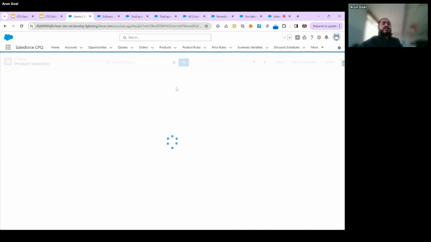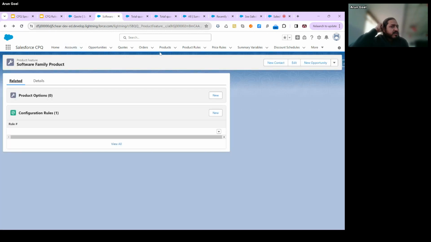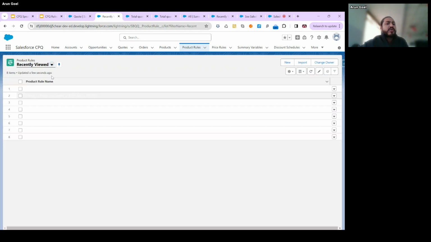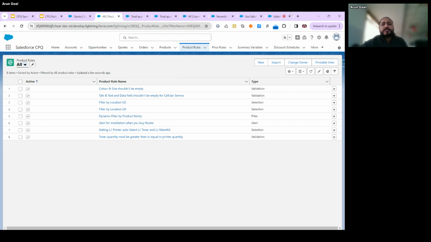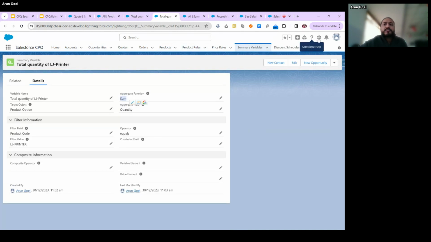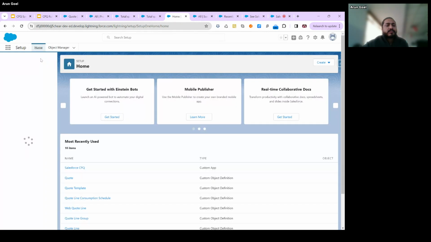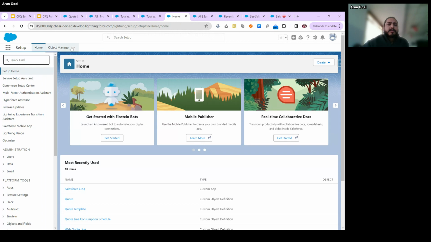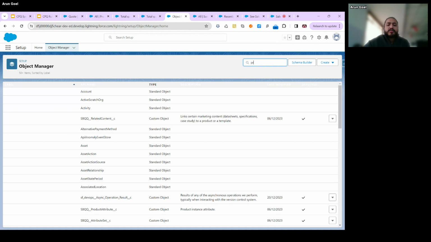So what we have done for this particular thing, there's a feature, guys, the configuration attribute. First of all, we need to talk about the product rule, because everything is driven from the product option, guys. Okay. So what I have done,